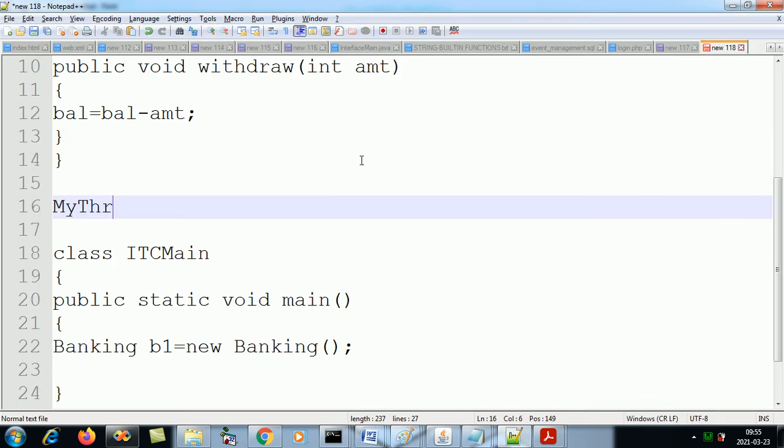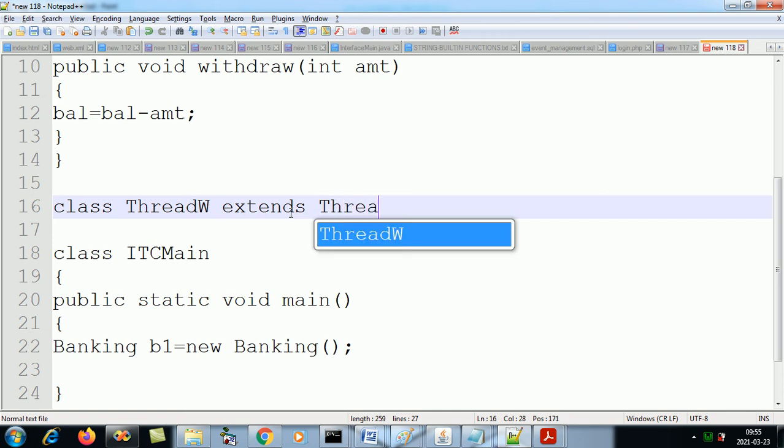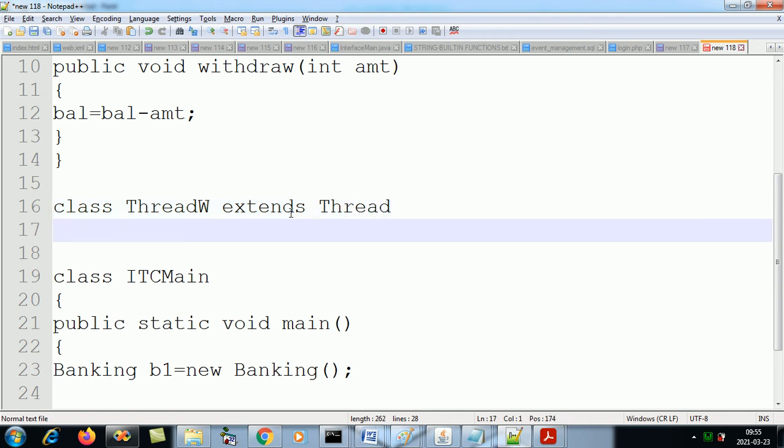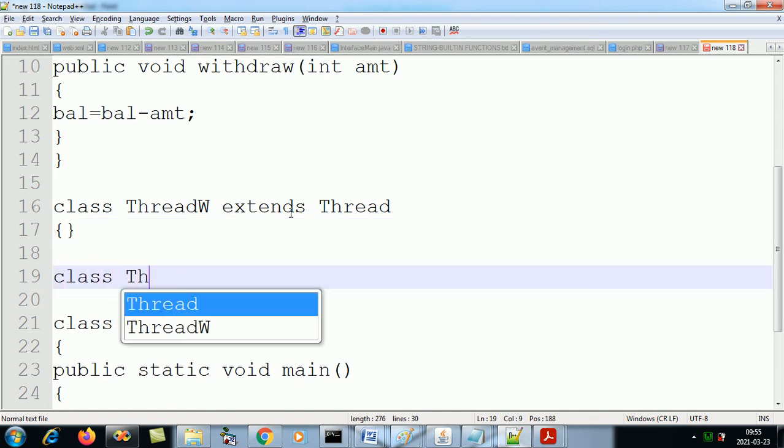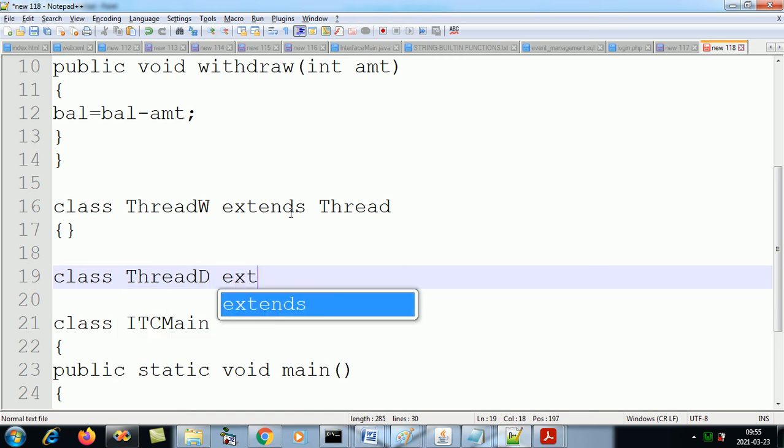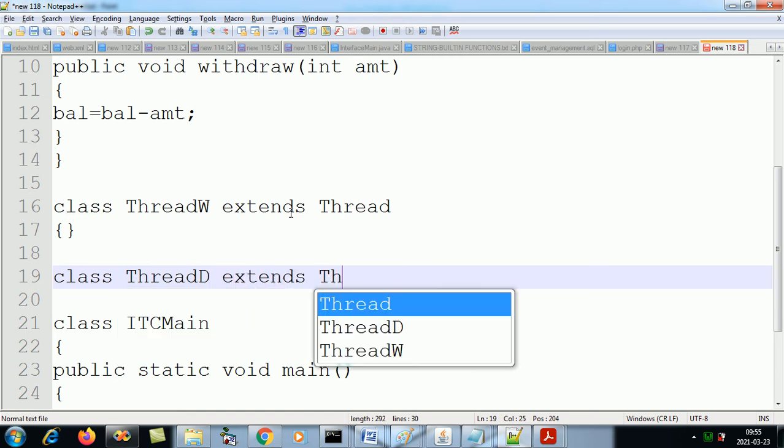So thread W is a class, thread W extends thread, and class thread deposit extends thread. Okay.